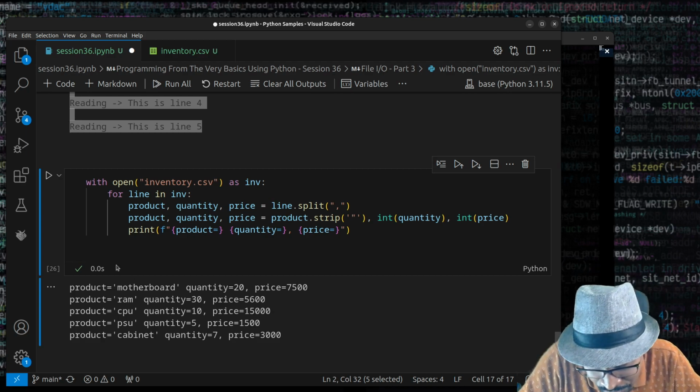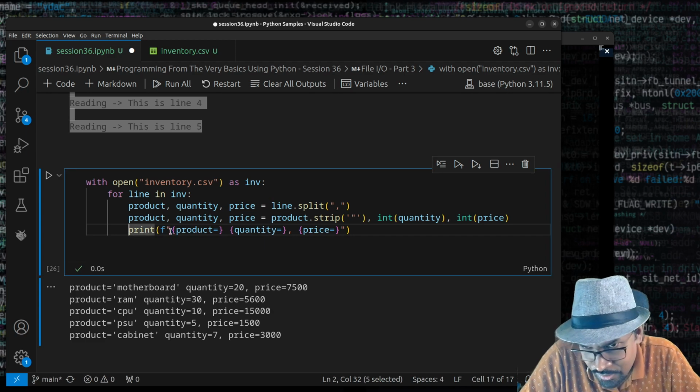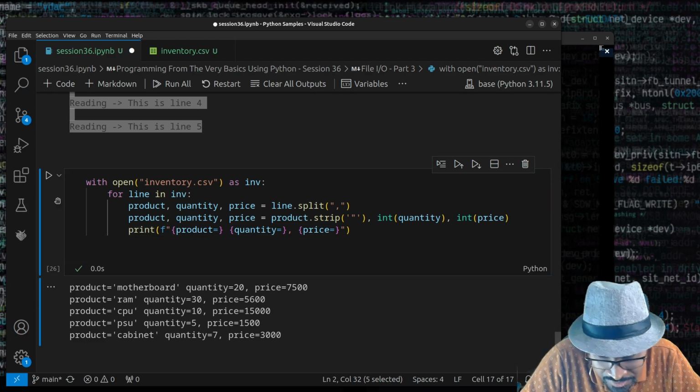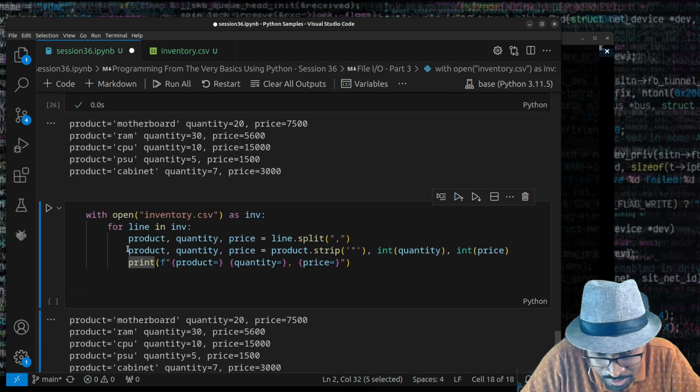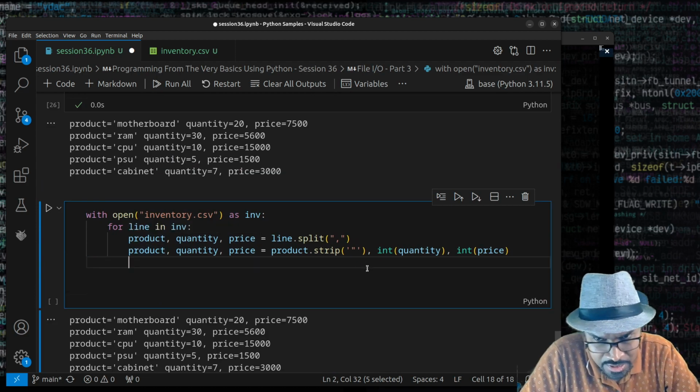And now it's pretty straightforward. If at all you want to find out the net worth of this inventory, I'm going to copy this, and all those are for debugging. So I'm going to remove this line. I can just say,